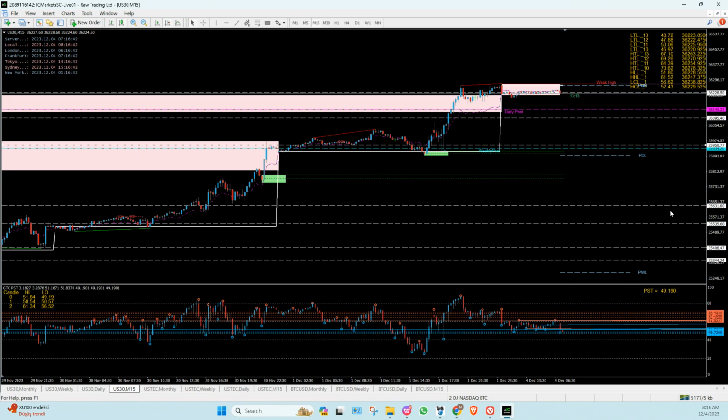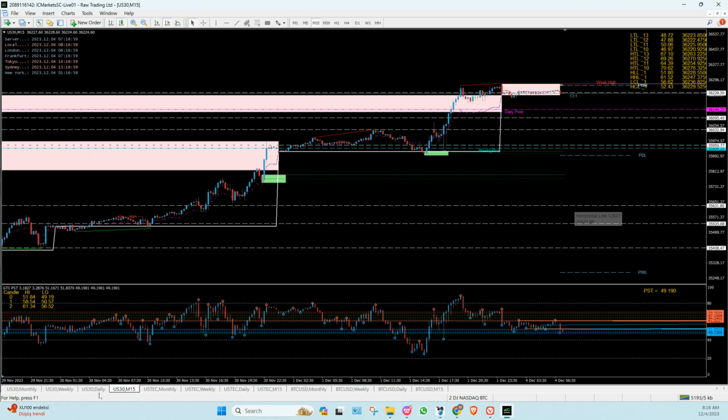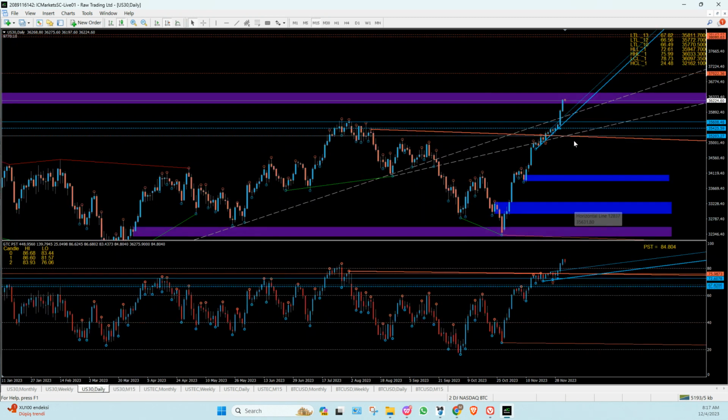Okay. And also, let me just take this and bring this to 33. So as you can see, we're probably going to break all these levels and come into that weekly. So selling the highs is not a bad idea in my opinion. And then if we should break below that weekly, if we break below the weekly pivot, then you see we've